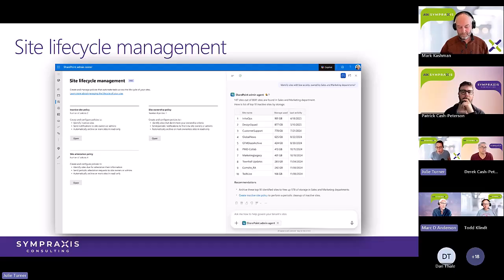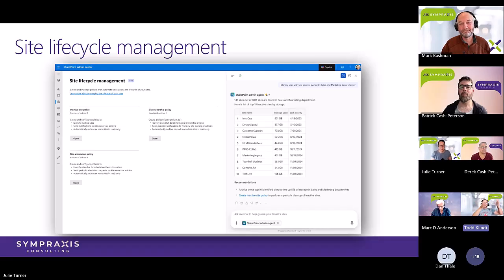A lot of the things that SAM does are things that I know Todd and I have written PowerShell to do in the past. Oh yeah. So now it's available to people who don't write PowerShell. That's a good thing. It may not be exactly what you want, but again, it's a starting point. Yeah. And because of Mark Anderson, I see every one of these questions as a maturity model thing. I definitely see SAM being the 100 level. And then, if you need past that, maybe you write custom PowerShell, maybe you get Orchestry, whatever, as you move up the maturity model.